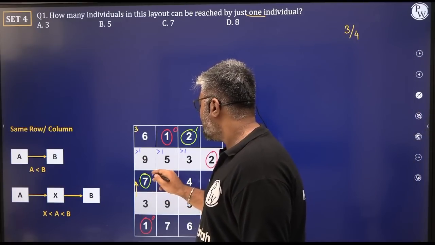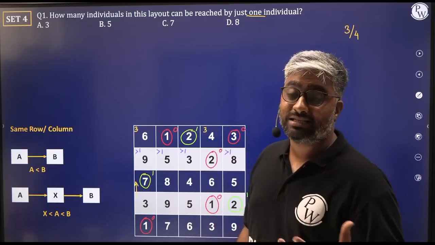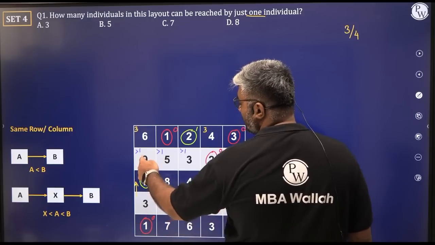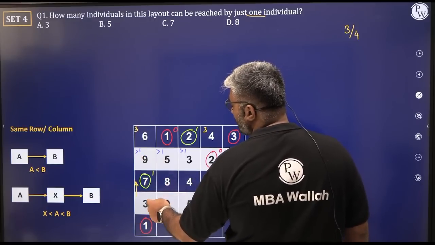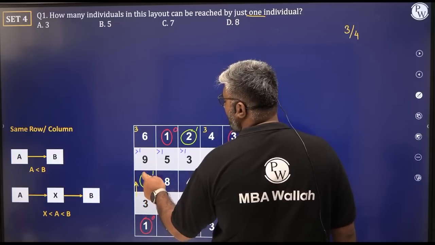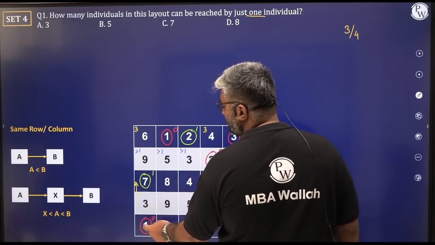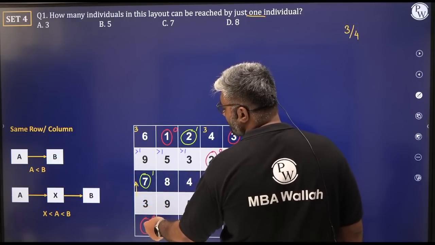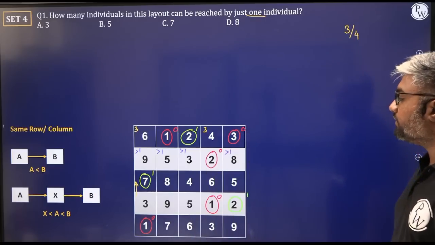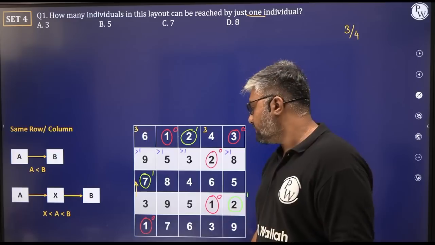We would have thought that 7 could have more because it is greater than 6 other numbers. But it is not surrounded by other numbers. See, here it is 9, here it is 8. That's a bad thing. Only here it is possible because here it is a 3. However, we would have had more than 1 अगर ये term 3 से बड़ा होता. अगर ये 4, 5, 6 होता, then we could have reached from here to here. Otherwise, we are out of luck. Yes, so 7, only 1 reachability.